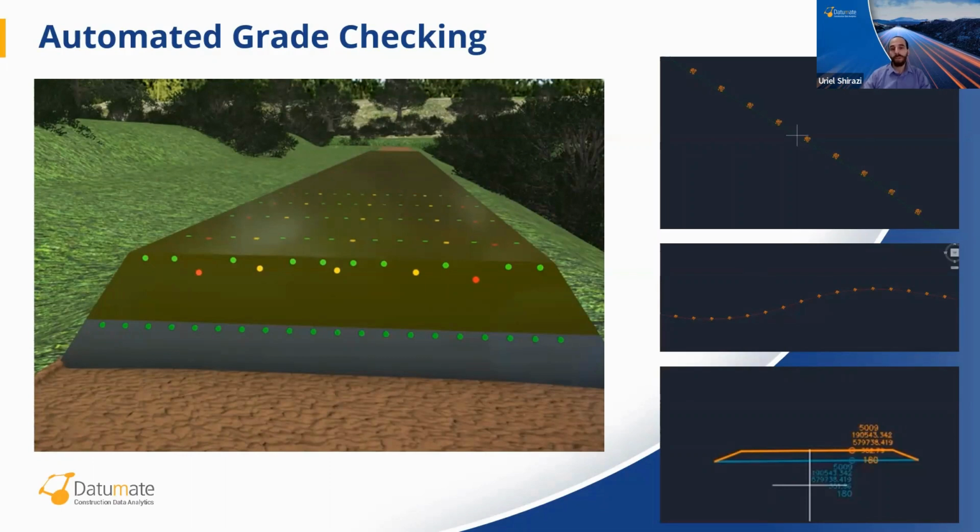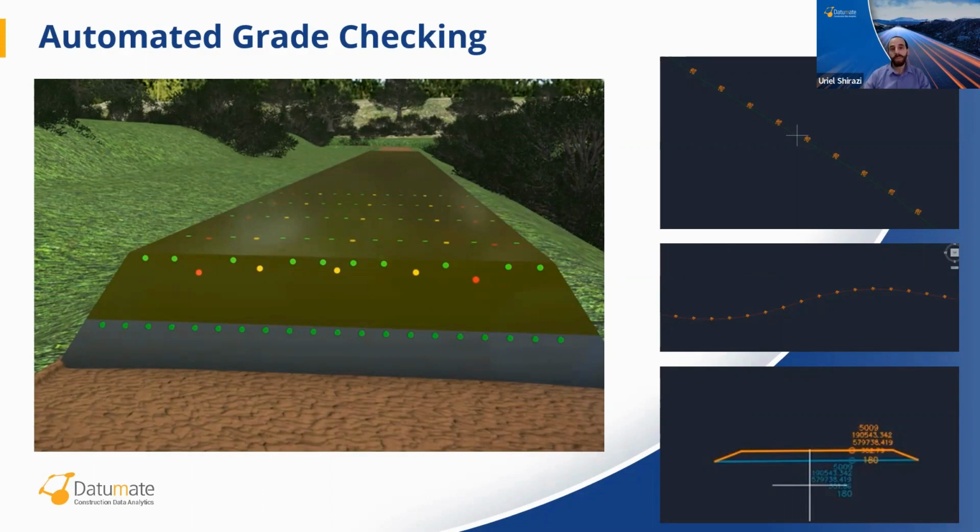Datumate allows its users to easily compare the as-built, either from the 3D model or from a traditional survey. It means that you don't always have to fly the drone to use Datumate. You can use it also between flights by a standard surveyor, total station, or RTK GPS. We are comparing these surveys, the 3D model or the traditional one, to the design of the different layers